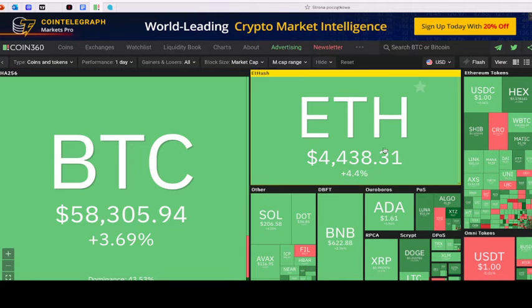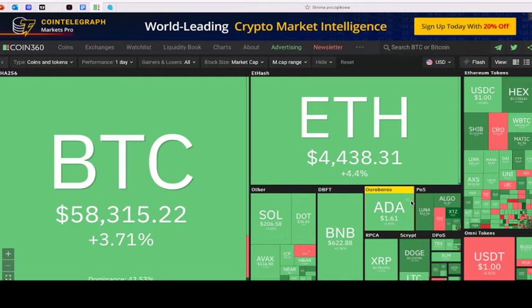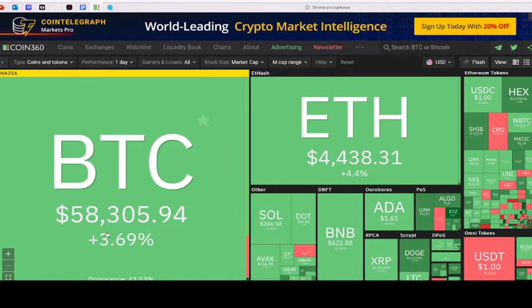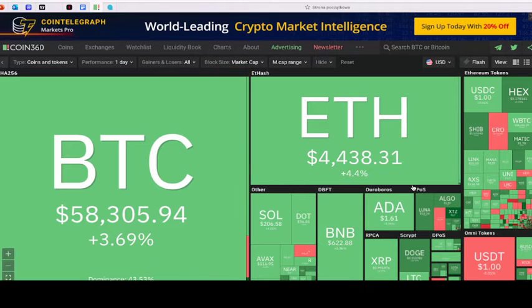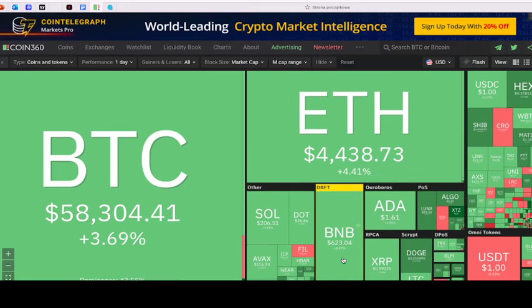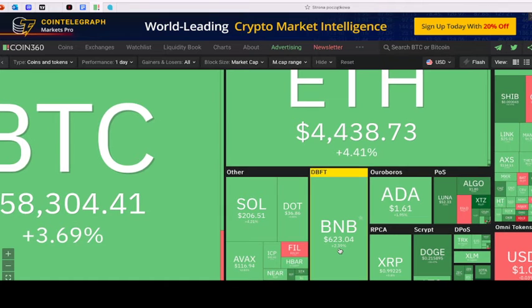The altcoins should get some power and goes more up. Bitcoin 369, Ethereum 4,4, Binance Coin 2%,